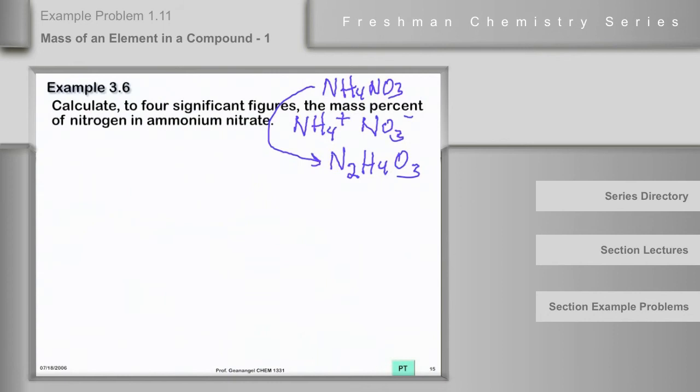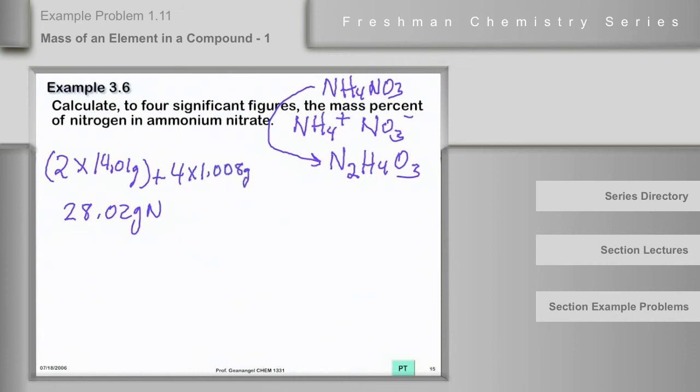Okay. Now at this point we need the mass percent here, so we're going to assume 1 mole of this stuff, and we have to know how many grams and so forth. So we're going to need to know the molar mass. So we have 2 nitrogens, and in 1 mole, we'd have 2 times 14.01 grams of nitrogen, so that would be 28.02 grams of N,